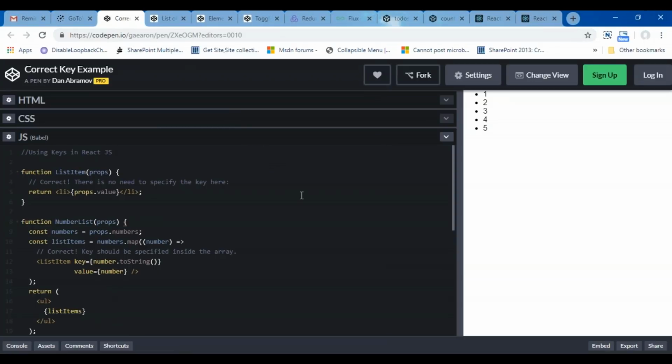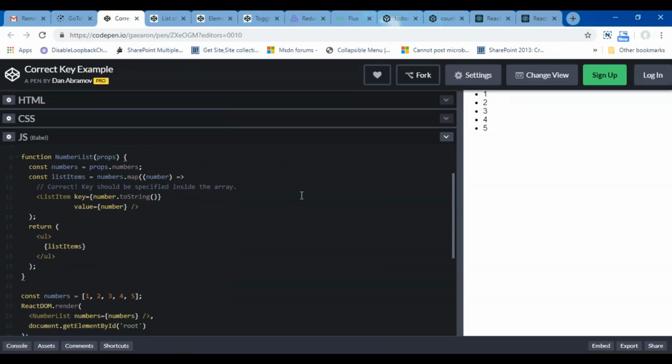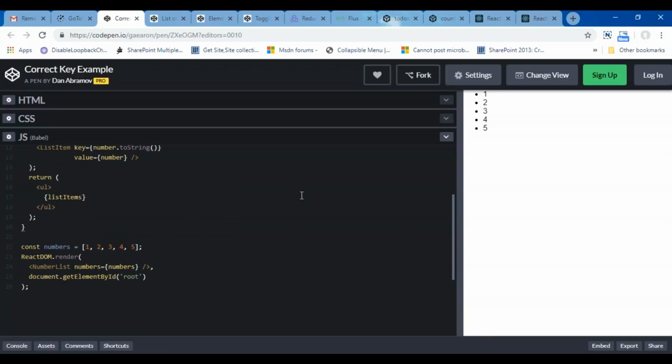This is an example where I have used the concept of keys, just to help you understand how we can use keys in React.js and how they help us to uniquely identify the components. In this particular example, you can see that I have created an array, const numbers, with 5 values, 1, 2, 3, 4, 5, starting from index 0, obviously, because it's an array. Now ReactDOM.render is the first method which is called. In this, a component is called, which is NumberList. NumberList is a component, and there are props called numbers, and this numbers will have the array values, and then document.getElementById.